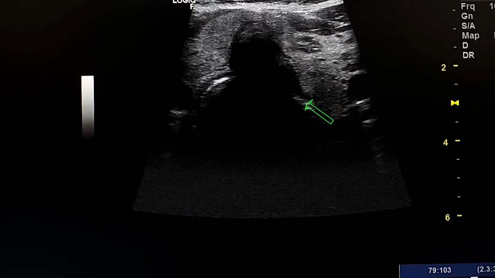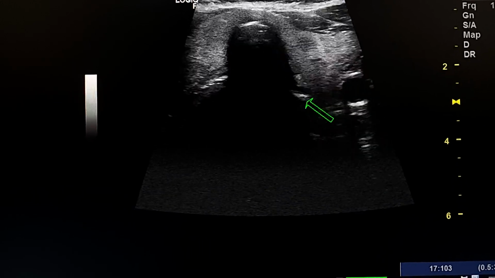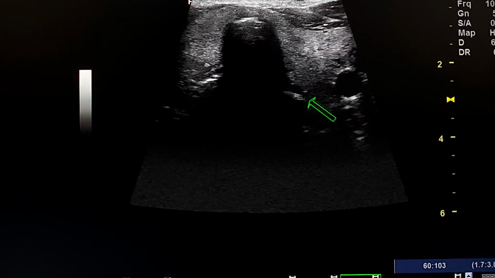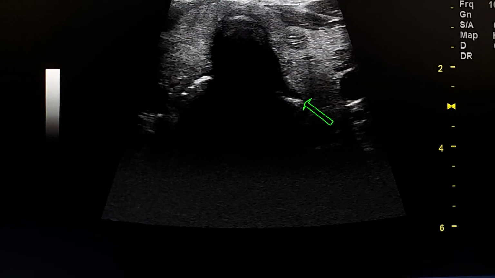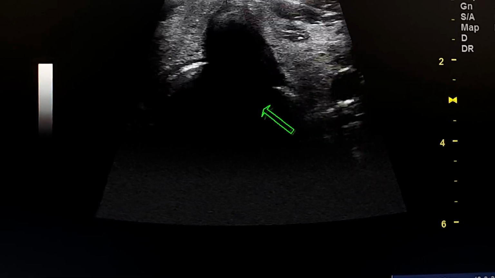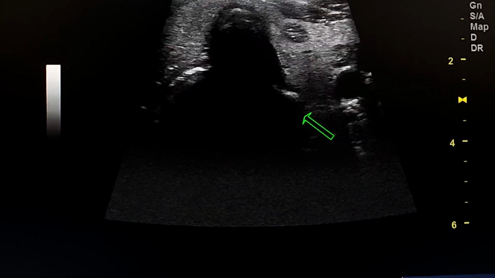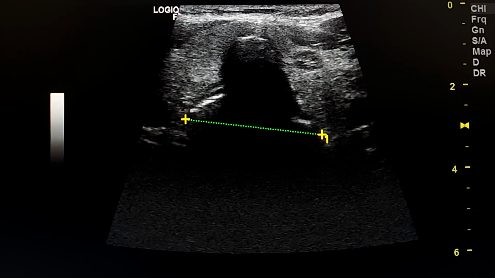So the anterior wall of the upper esophagus is from here to here. It is very big. Normally we see most of the lumen of the esophagus only posterior to the left lobe in this site. This is the diameter of the seen